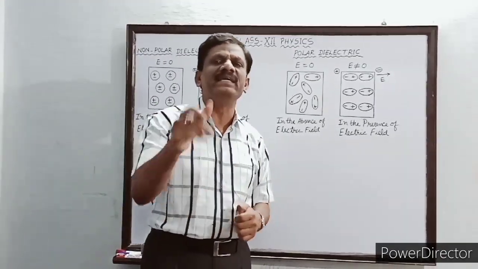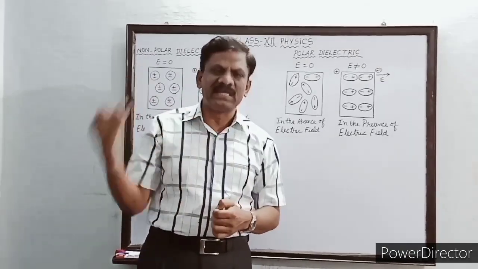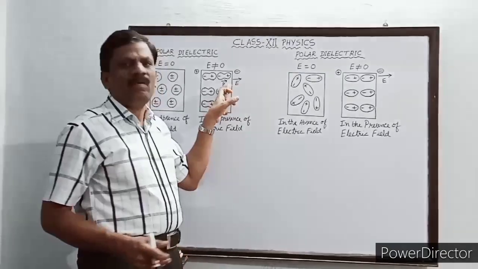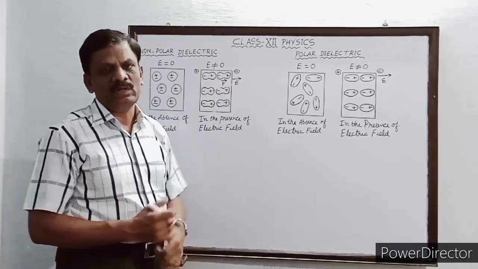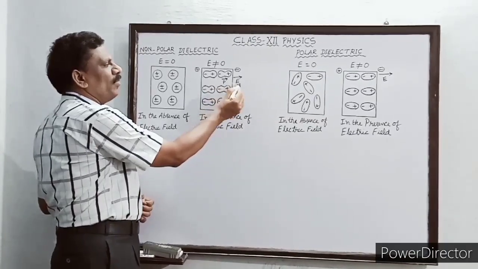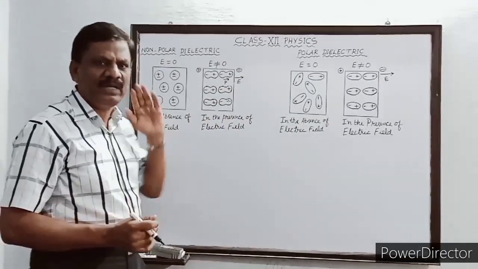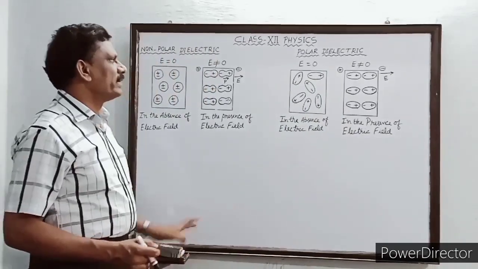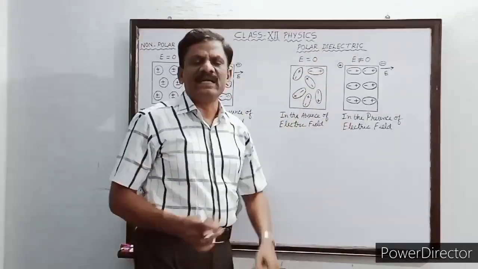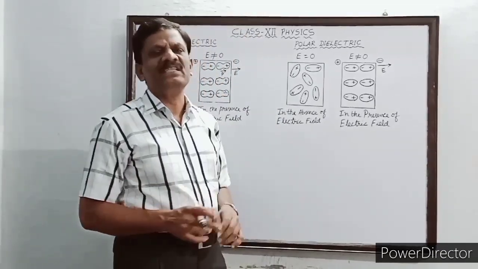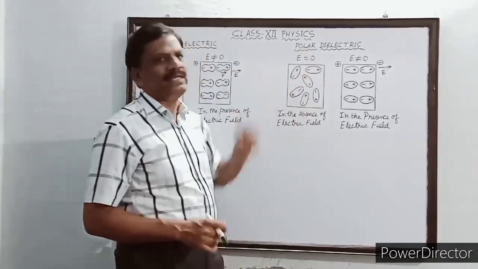Who is inducing it in the molecules? It is the external electric field which has induced a dipole moment inside each and every molecule. Okay. So the direction of the induced dipole moment and the external electric field will be along the right side. They will be in the same direction. Okay. The second type of dielectric is a polar dielectric. So it is a dielectric slab or a material which is made up of polar molecules.